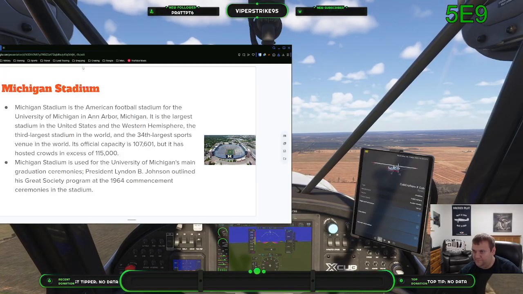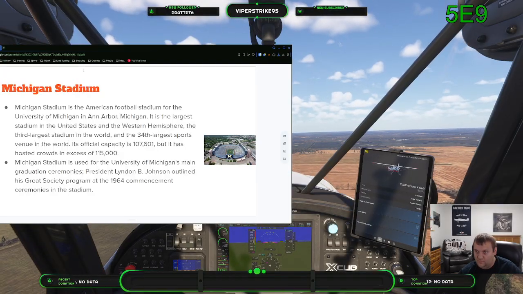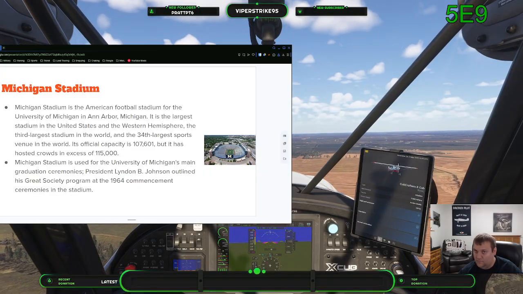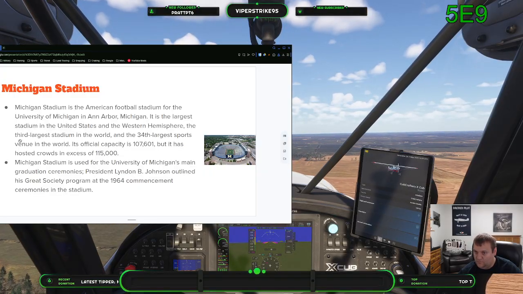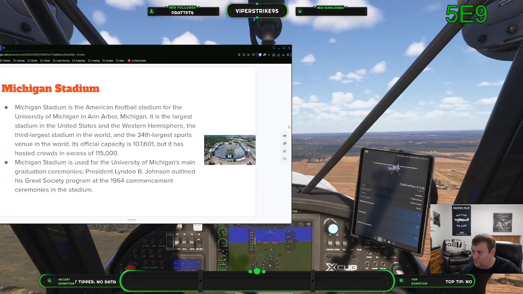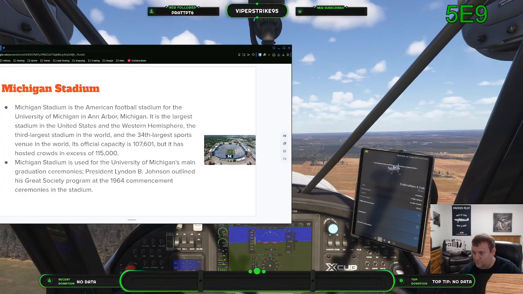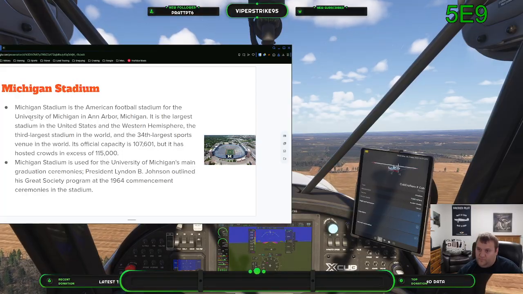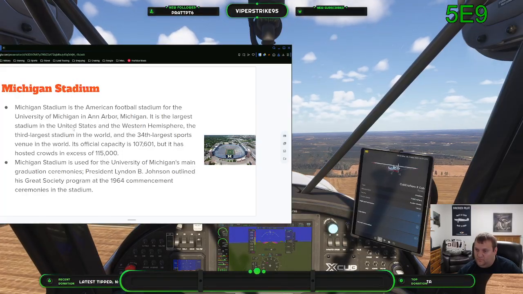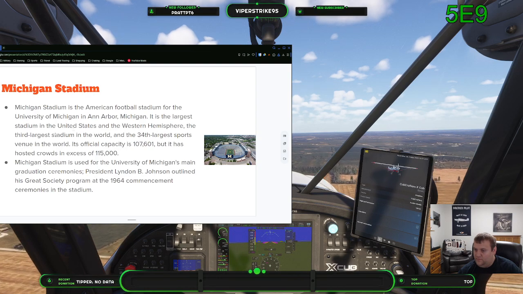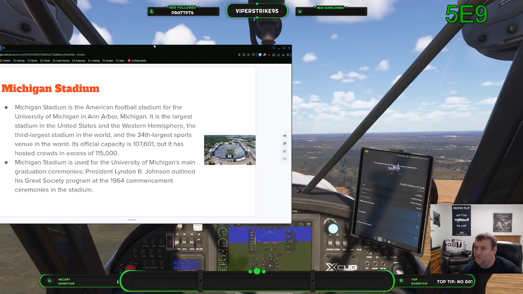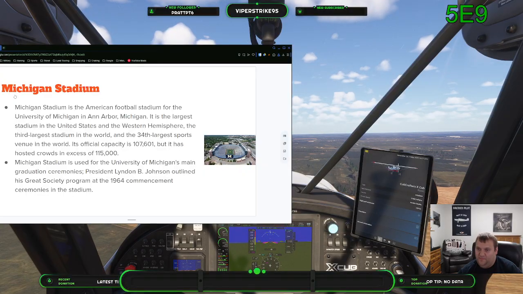Absolutely absolute crazy ground here. Hosted so many events.